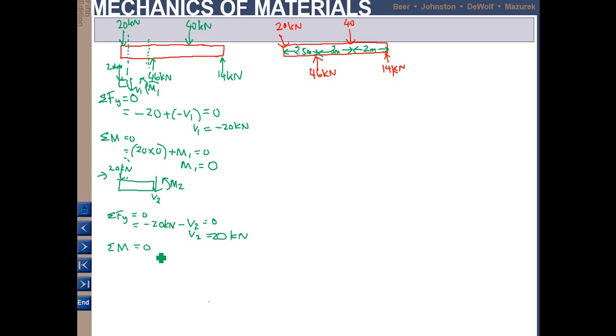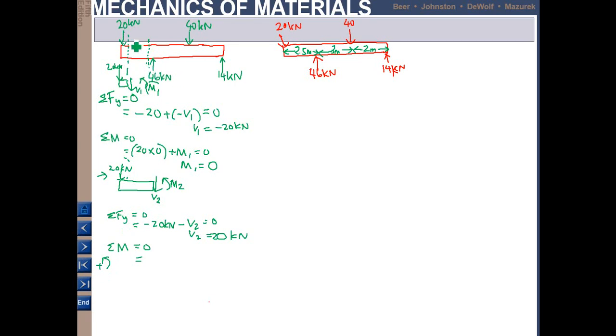Okay, similarly, for the moment, the summation of all moments should be equal to 0 in order to be in equilibrium state. So moment at point B, which is here. Even though you section it, you assume that it is actually here, so it is 2.5 meter away from this point. So for moment at point 2, if we consider